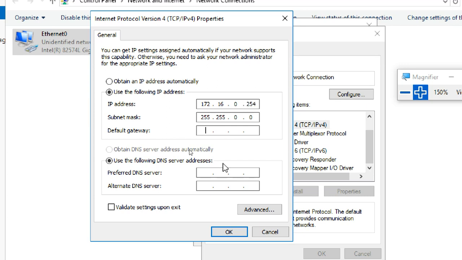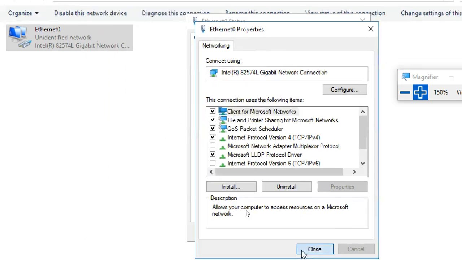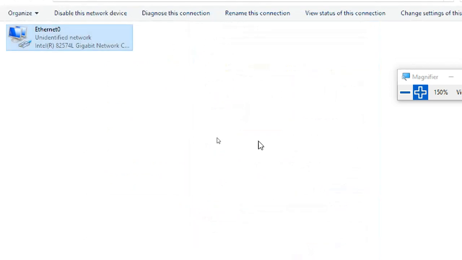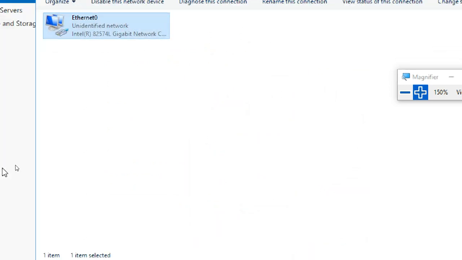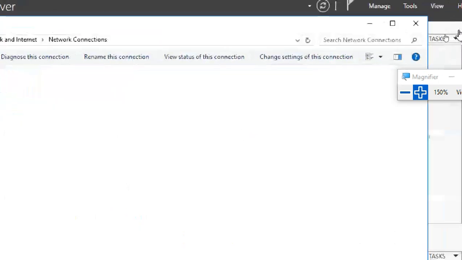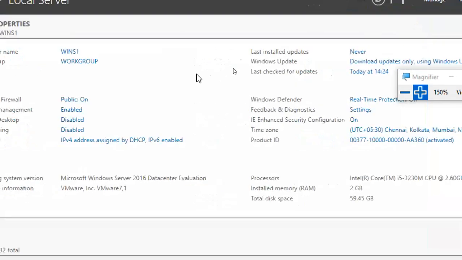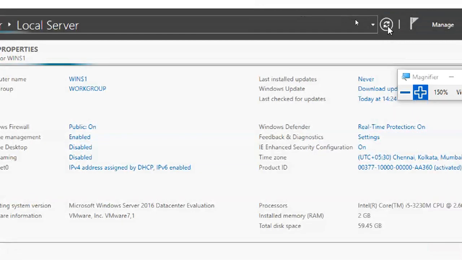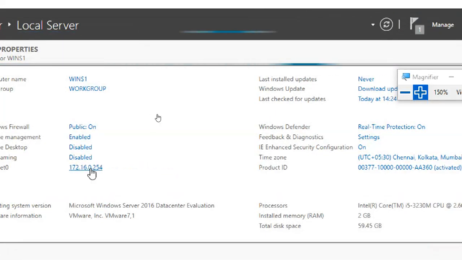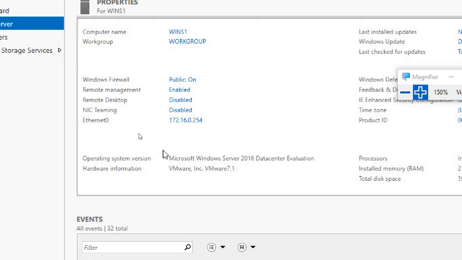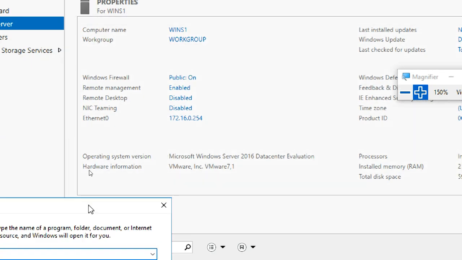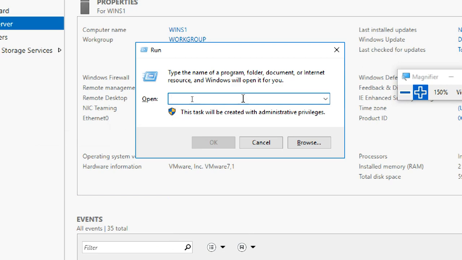We don't have any router, so I'm not giving the default gateway. Next, the preferred DNS has to be given. I didn't give it, but I will give it, so we'll come back to that point after a short explanation. So both sides I gave an IP address. Here I close this one, and later I will open and refresh. Here it automatically shows your IP address. Now I'm in the server, right? Make sure the server and client can communicate with each other.